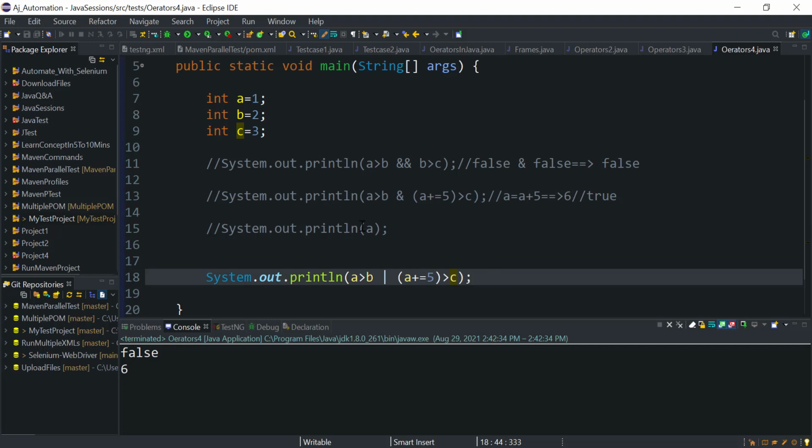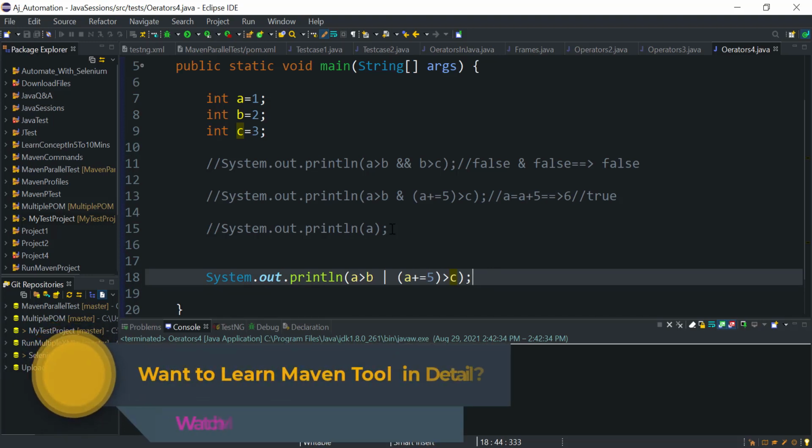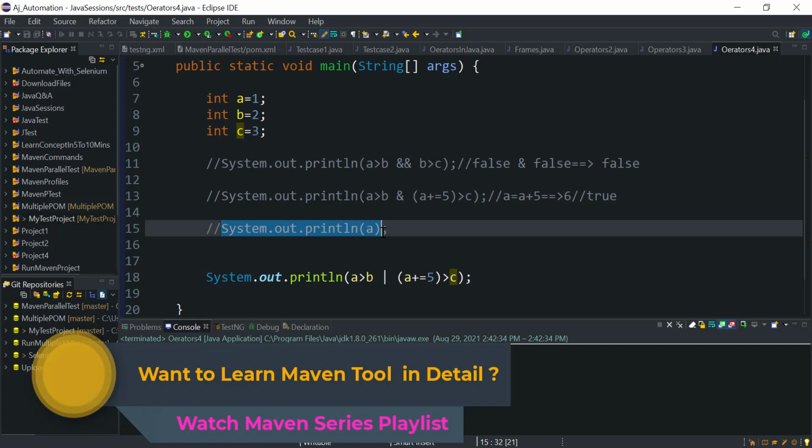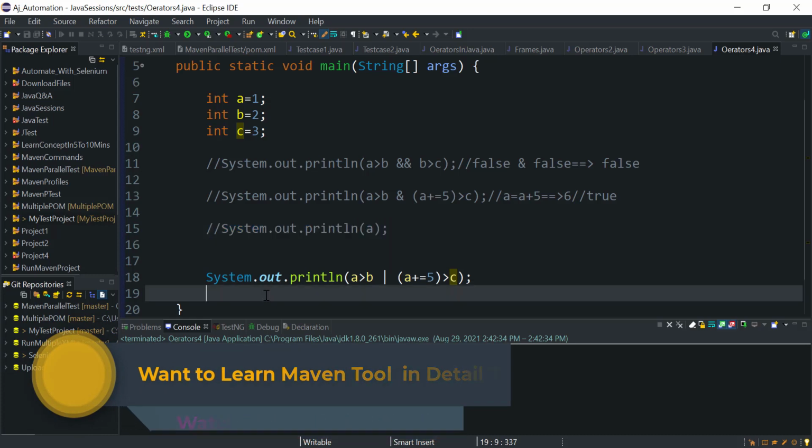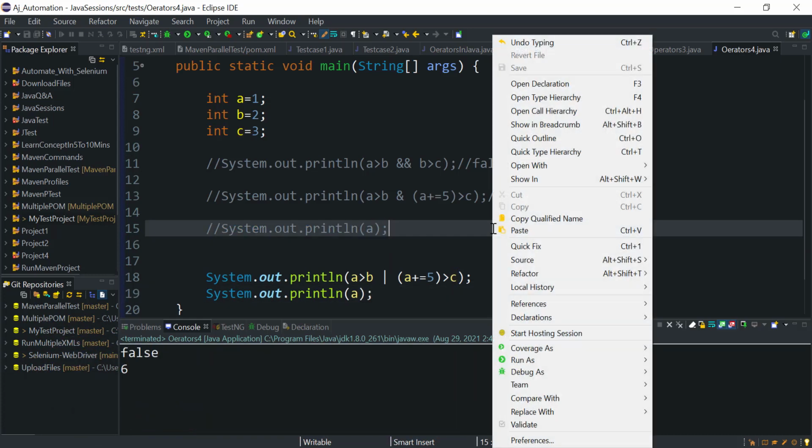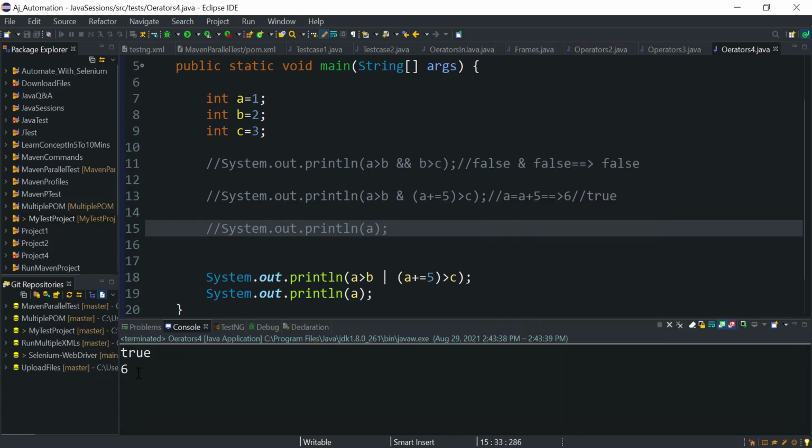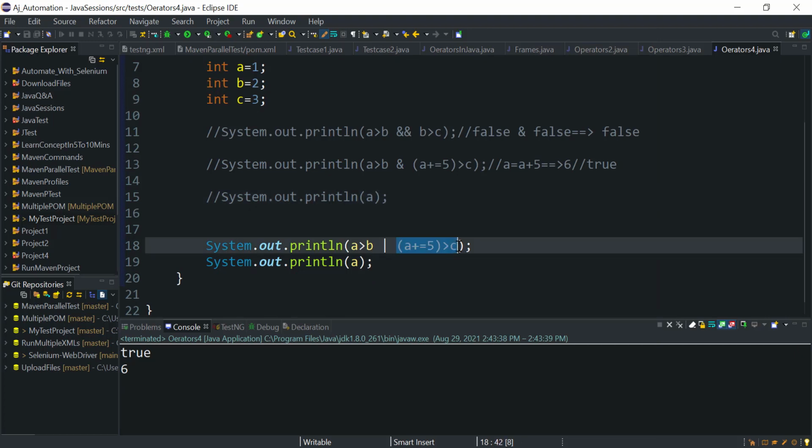Okay, so in case of bitwise, it is going to check the second condition every time. So let us try to print the value of A. Okay, so A becomes 6 because it has checked the second condition.